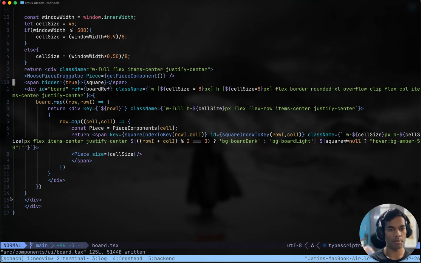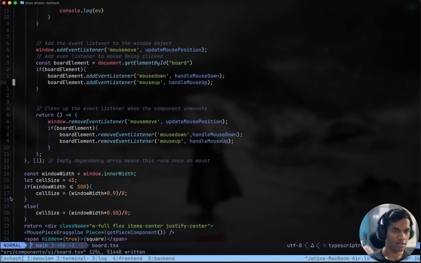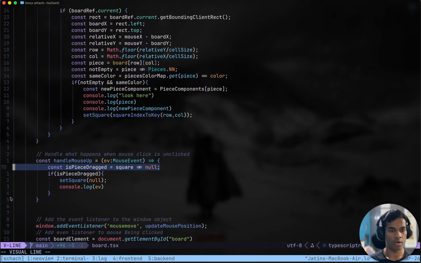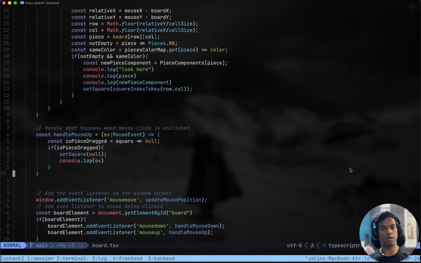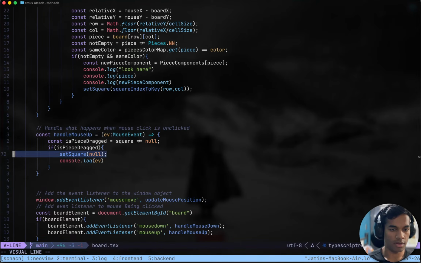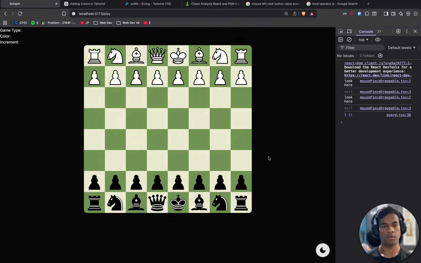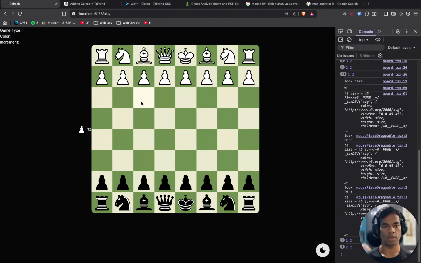And also on mouse up, the piece should disappear. On mouse up, console.log ev, set square equals to null. Let's say hidden as false, right?